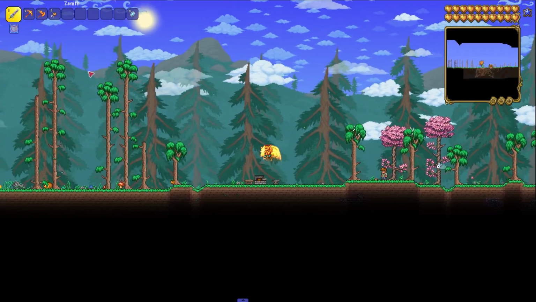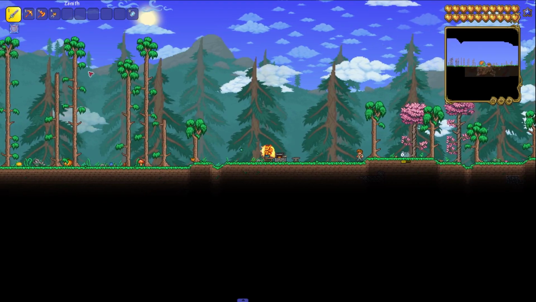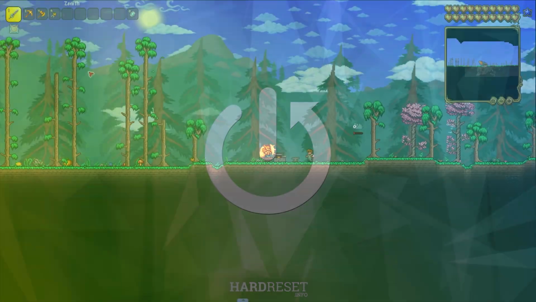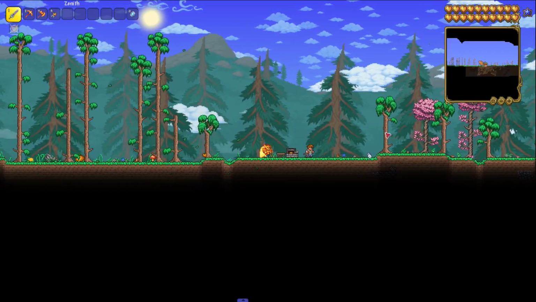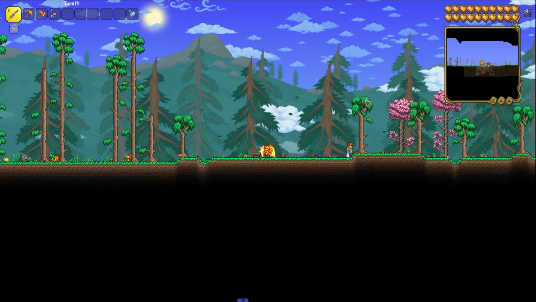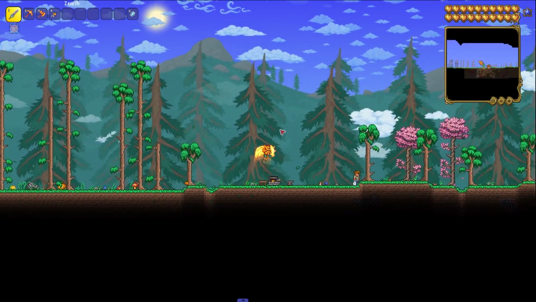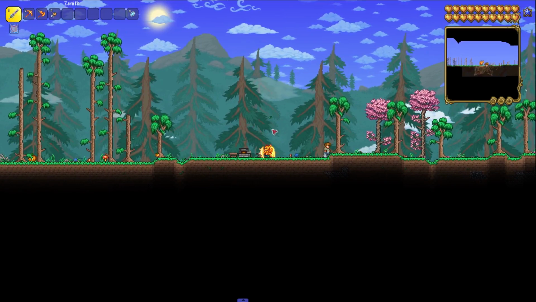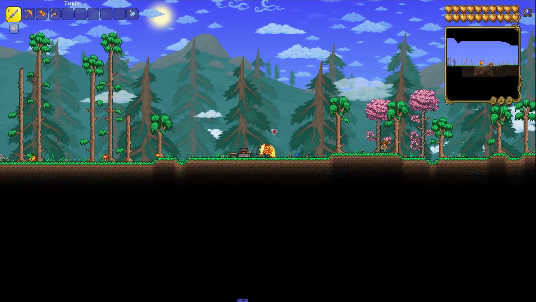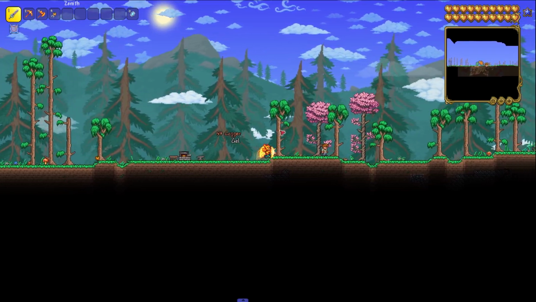Today I will show you how you can summon an Eye of Cthulhu in Terraria. So you have two methods. First method is just simply go over 200 HP and then every night he has about a 33% chance to spawn. But the other method is just